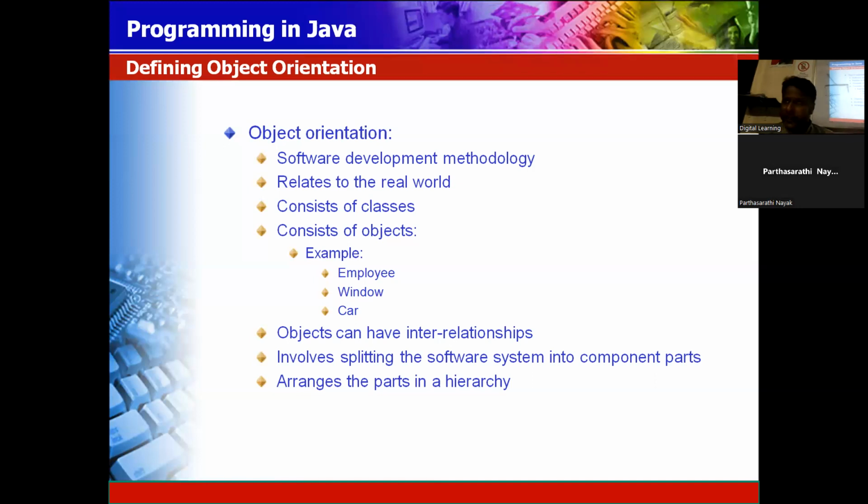So when you are creating an object orientation application, first of all, there are two things present. One is class, another is object. Any tangible thing that you see in the world is called an object. Whatever thing we can see, touch, or feel, that is an object. Your mobile phone is an object. Your vehicle is an object. We are also an object because we are a tangible thing. Okay. The combination of similar types of objects which share the common structure and functionality is called a class.